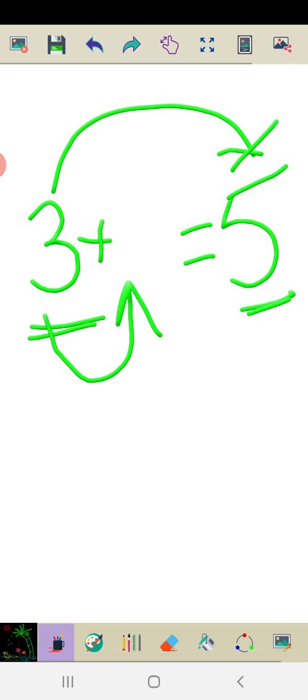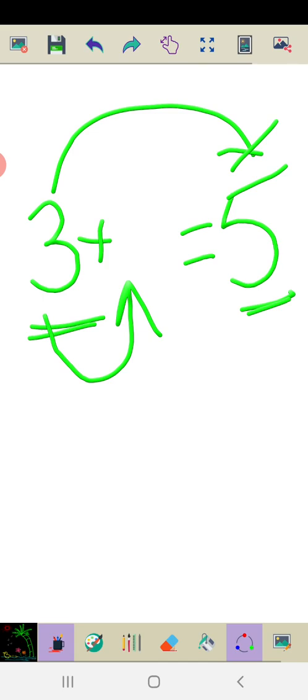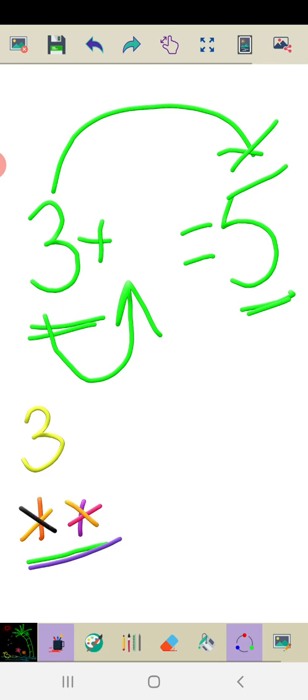Here we are adding a number to 3 so that it is becoming 5. This is 3. After 3, 4 and 5. What are we adding in 3 to make 5? In 3 we are adding these numbers 4, 5. So how many sticks are here? This is 1 and this is 2. We are adding 2 to 3 so that it is becoming 5.